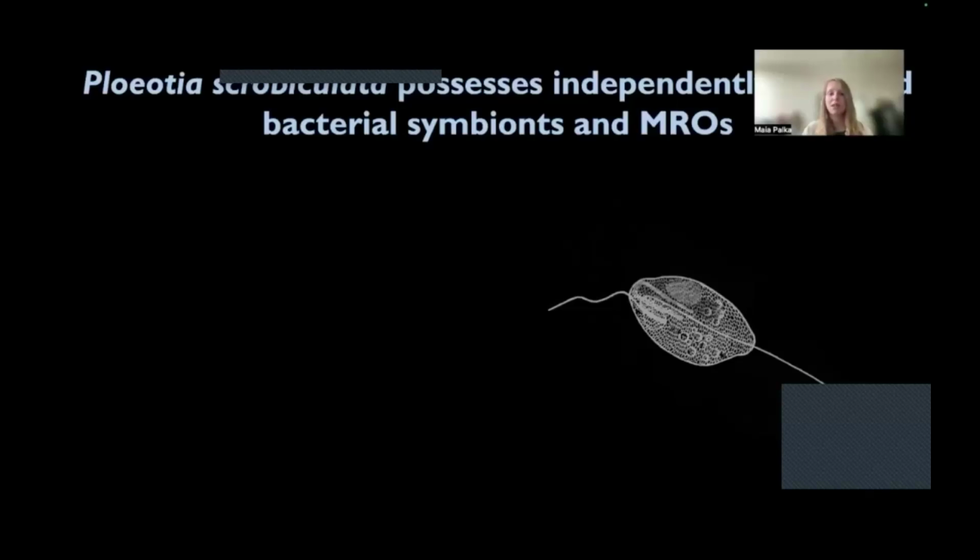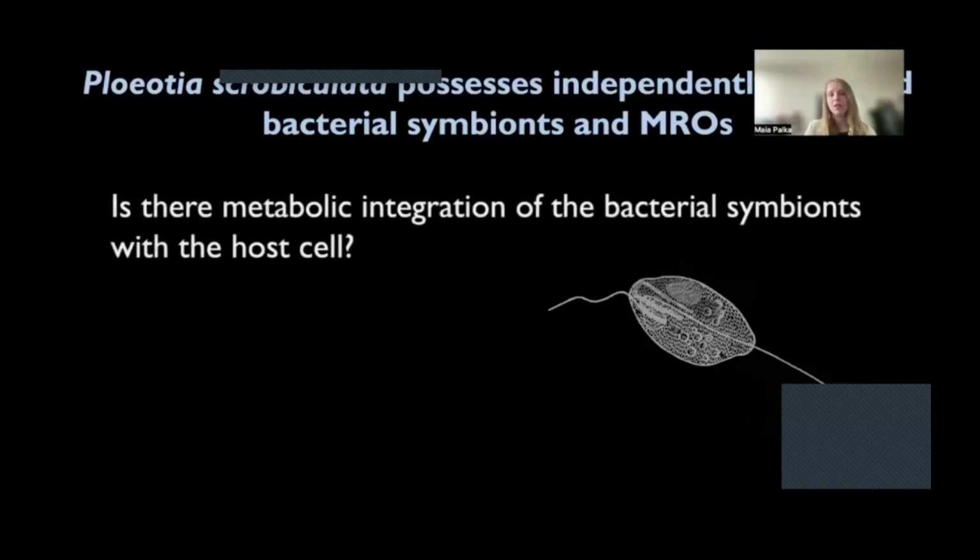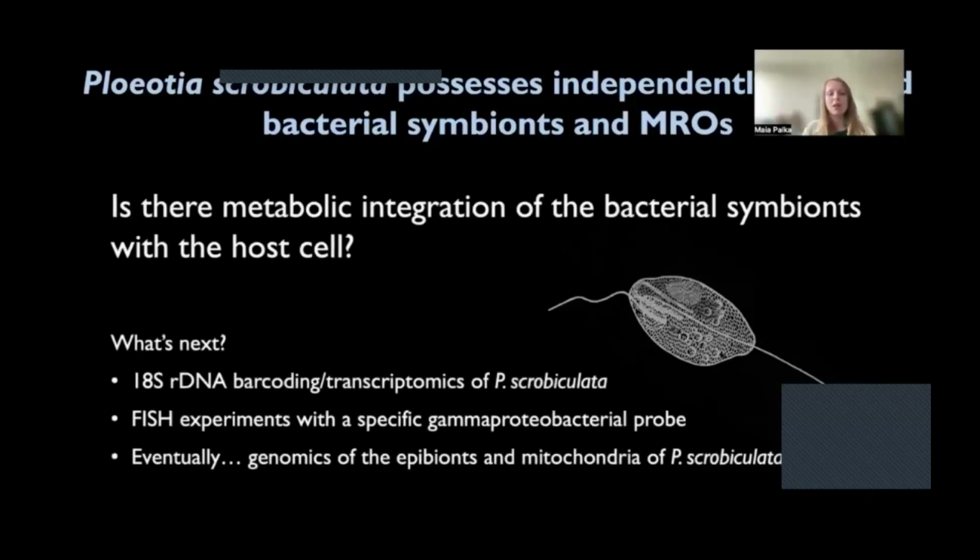So it's really interesting that there are mitochondrion-related organelles that have been acquired independently twice within the euglenozoa, if not more times. So this brings up the question, well, is there some form of metabolic integration between the bacterial symbionts and the host cell? In order to answer this question, we need to